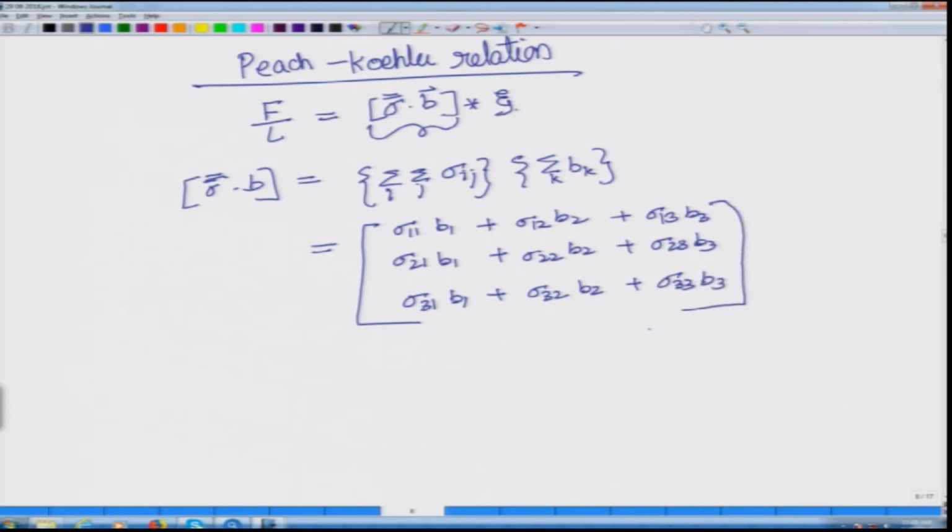So, what you would see is that what we have now obtained is a vector which gives us sigma dot b. This matrix sigma has now been taken a dot product with b, which is given by this condensed equation. When we expand it, it looks like this. Now, the next step we wanted is, now that we already have this vector, we take a cross product of this vector with e,